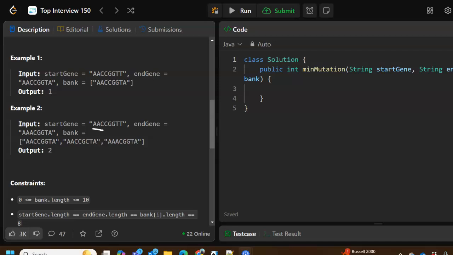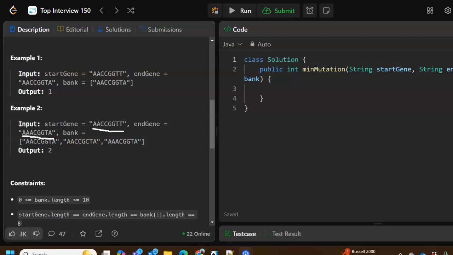We have this A, C, G, C, C, G, G, T, T. All right, and we want to get it to this A, C, G, G, T, A. All right. Mutating one gene at a time. Okay, well, breadth first search, we'll use a queue. We'll put the start gene in the queue, and